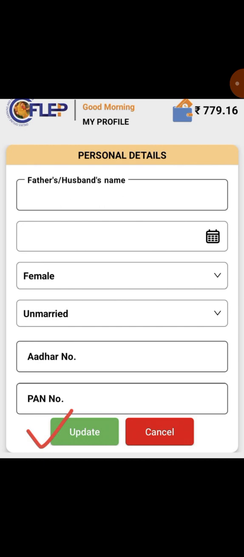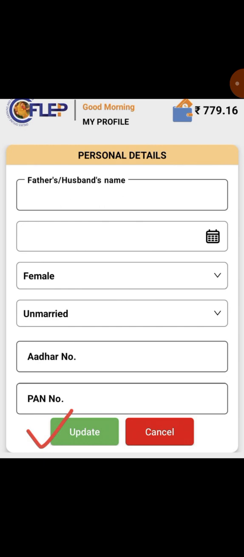You have to fill easily. Then you have to click update, friend. Once you click update, one circle will go, and here you will find one symbol, updated successfully. Until it is completed, you have to wait here.